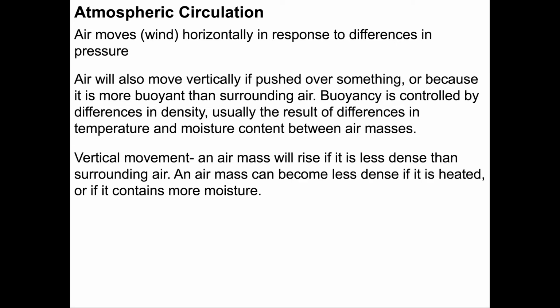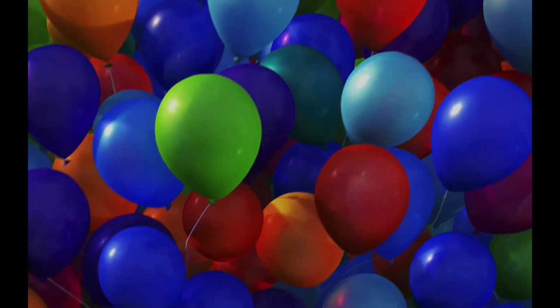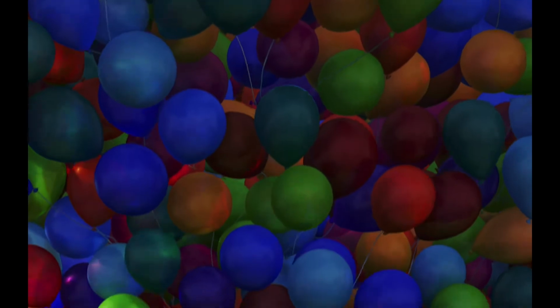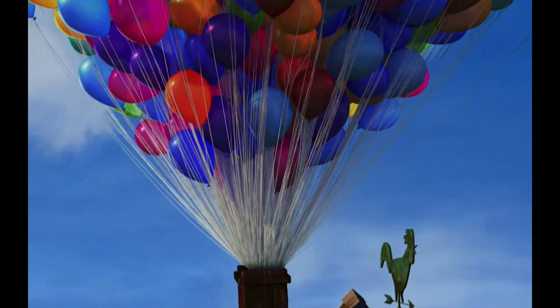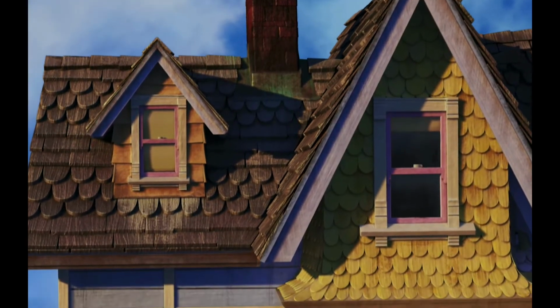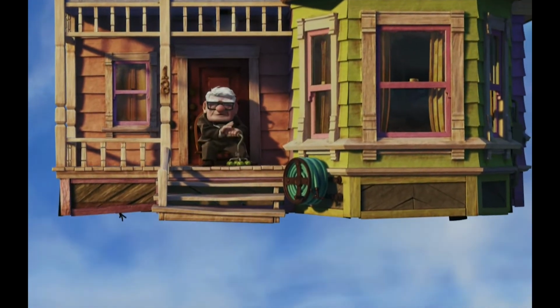This results in different physical characteristics of those air masses. Vertical air movement is when an air mass rises because it's less dense than the surrounding air. You can think of this as a bubble or a blob of molten paraffin in a lava lamp, or a Remax balloon rising over the prairies here in Saskatchewan. If an air mass becomes less dense because it's heated, or if it becomes less dense because of more moisture, it's going to rise.